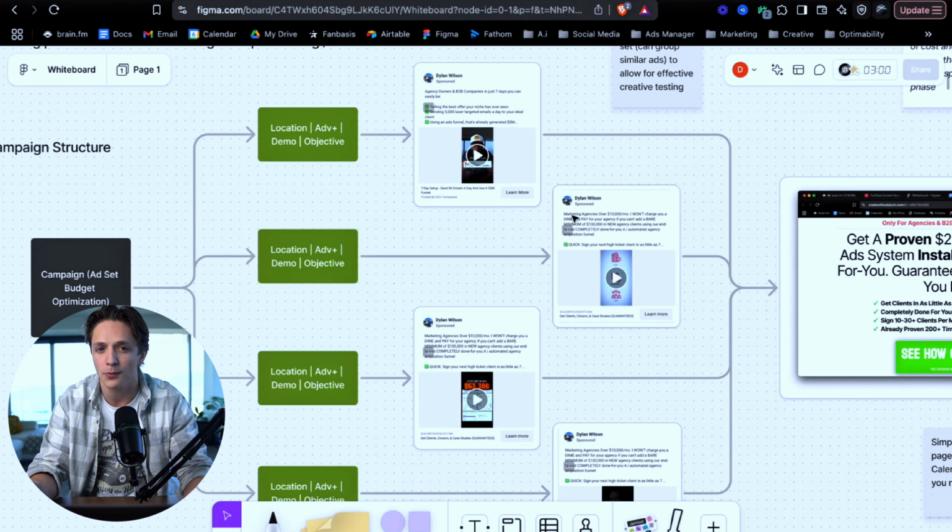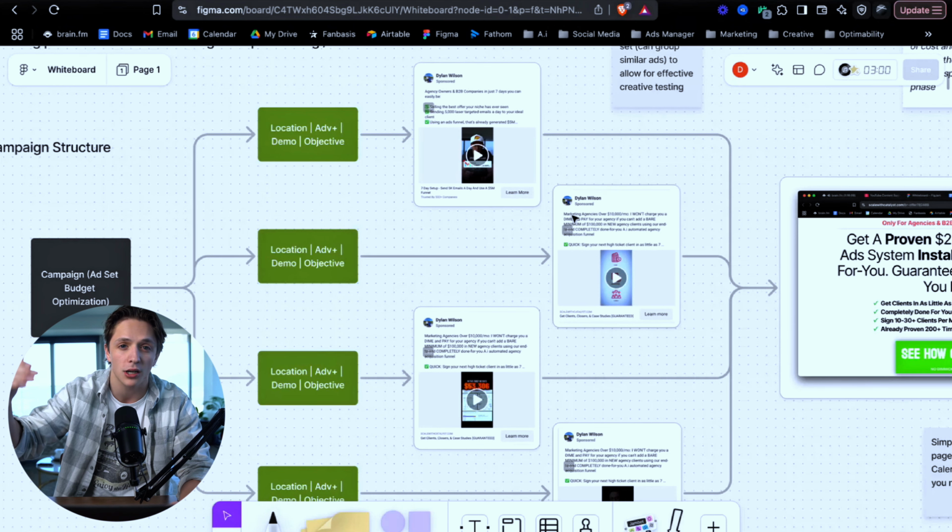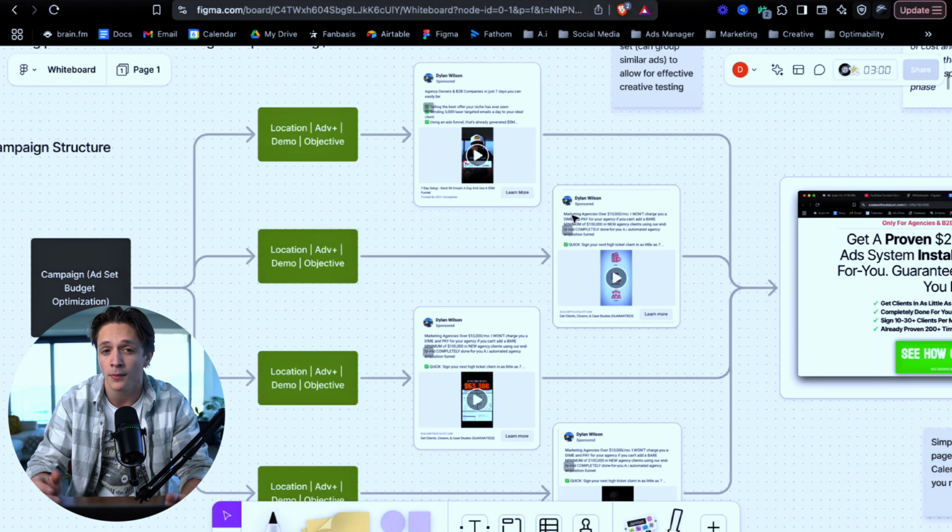And what I mean by offer positioning is the different unique selling proposition that you lean into. So one offer positioning could be the fact that you do a one-time payment and then there's no monthly fees. One offer positioning could be where you just talk about the high dream outcome that you can deliver. One offer positioning could be the fact that you can get everything set up in less than 3 days, right? And different value props that you're going to lead into with your ads belong in each ad set,